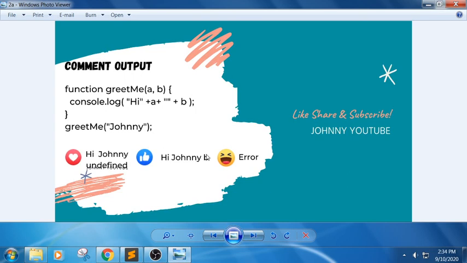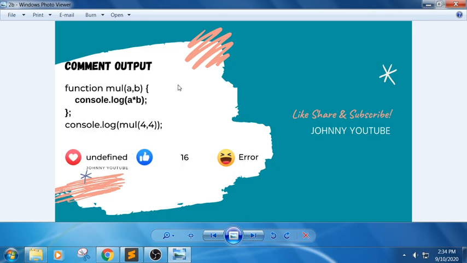Next one. Here we have a function. We have only one argument, Johnny, and it will be stored in a. For b we don't have any value here. So the output for the snippet would be hi Johnny undefined, heart symbol. Next one.